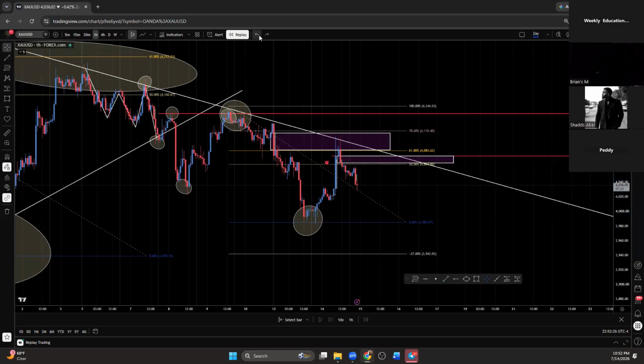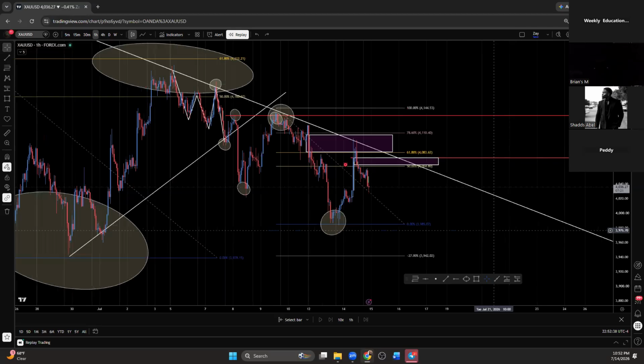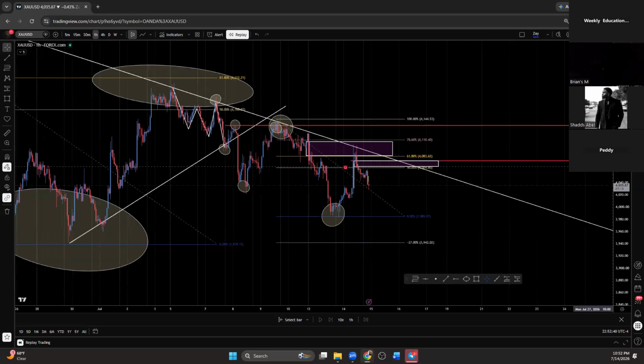Sorry, I kind of joined late, but I'm looking at this chart right now. I'm just wondering why all the market structure is drawn on the 1 hour chart instead of the daily chart. I get a bit confused with that. The market structure should be on the daily chart, but most times it's always on the 1 hour chart.